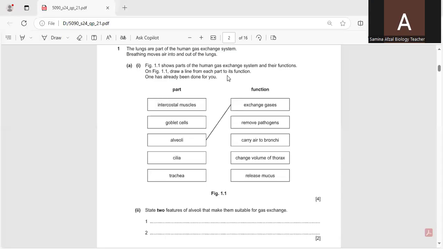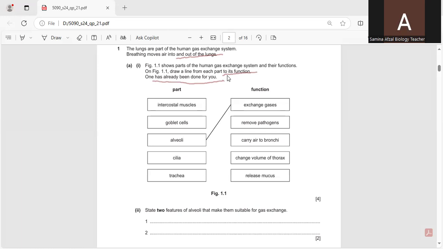The lungs are the part of the human gas exchange system. Breathing moves air into and out of the lungs. Figure 1.1 shows parts of the human gas exchange system and their functions. In figure 1.1, draw a line from each part to its function. One has already been done for you, and they have done the alveoli, and the function of alveoli is the